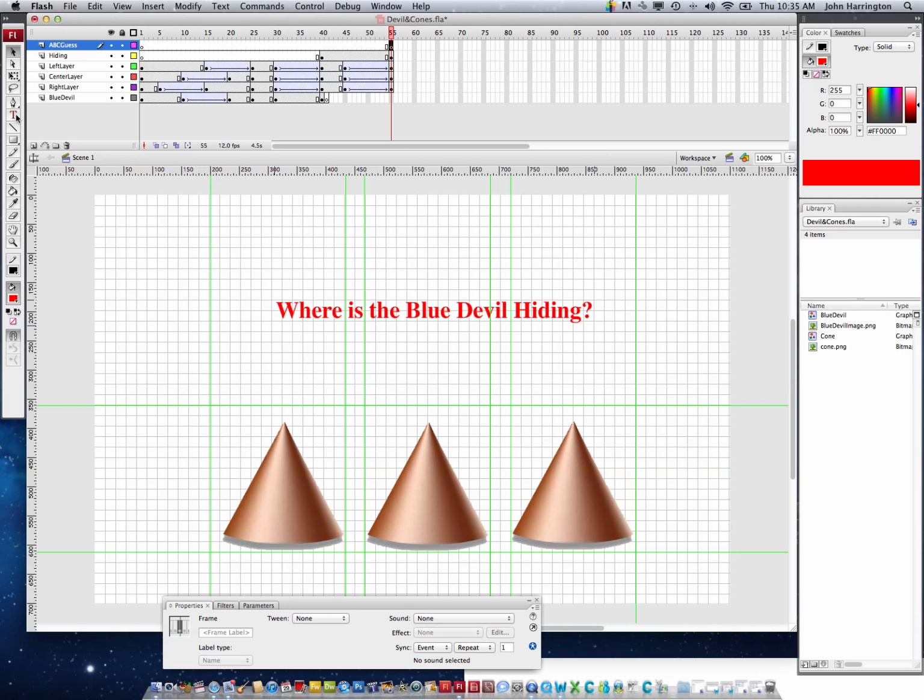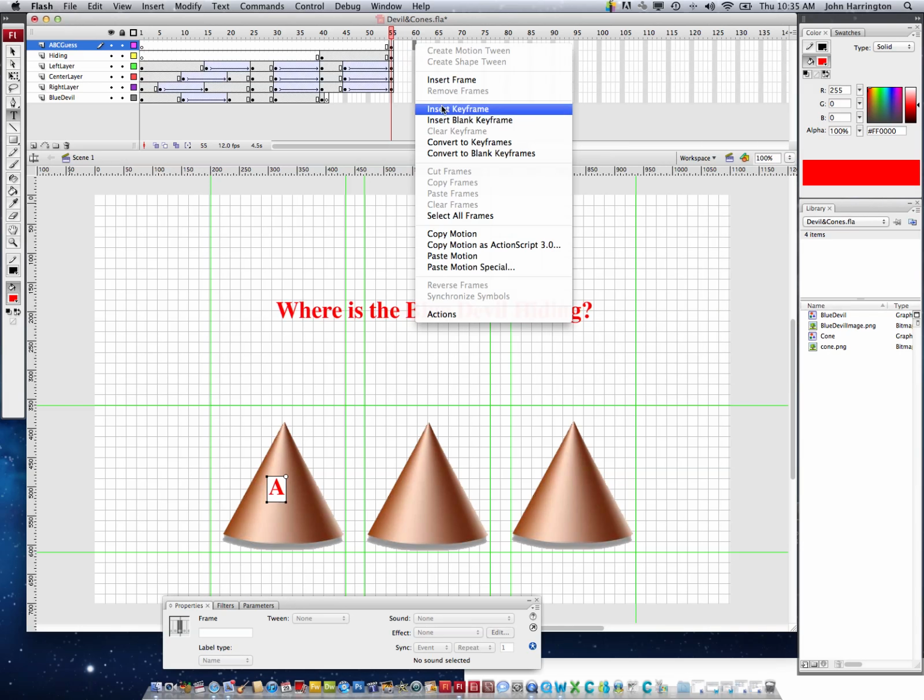So I'm going to go get my, and I'm on a different layer now. I'm on the ABC layer. So on this one here, I'm going to type in A. And then I'm going to go to the 60. I'm going to type there, and I'm going to go right click, insert keyframe,